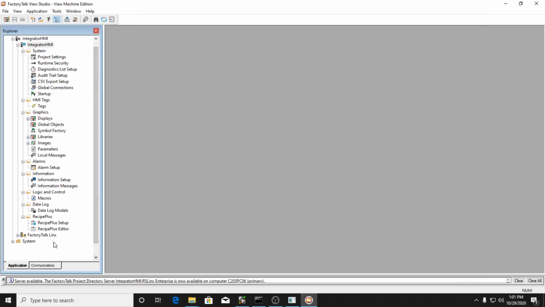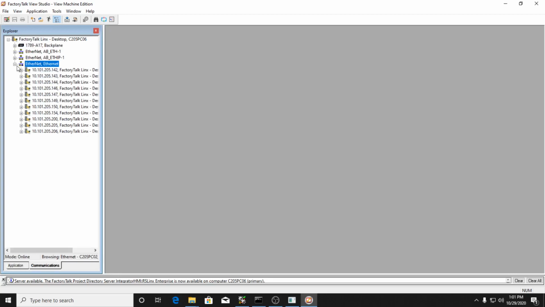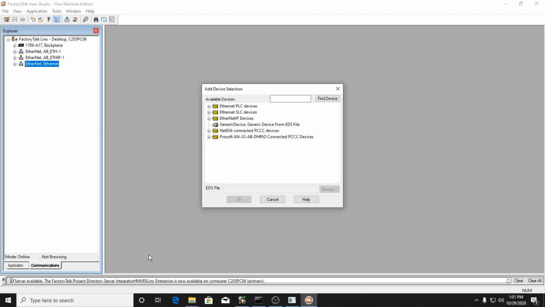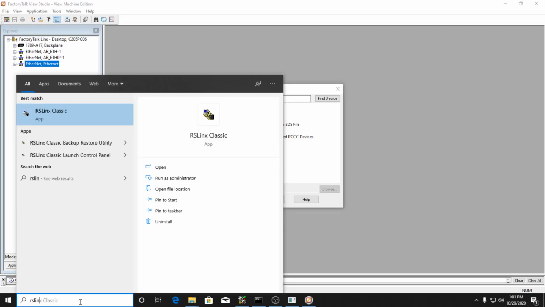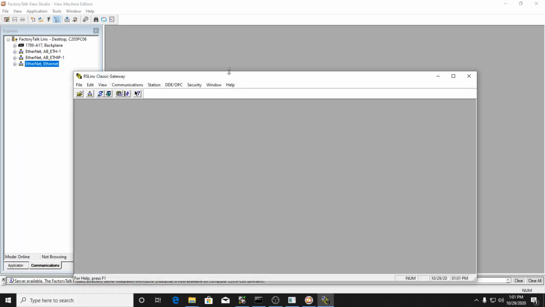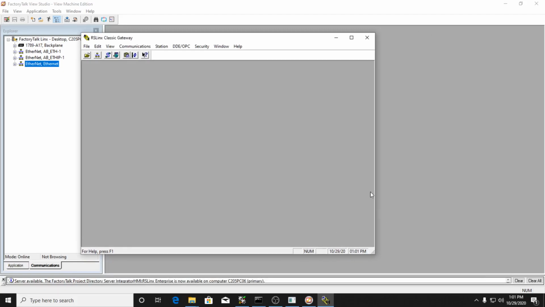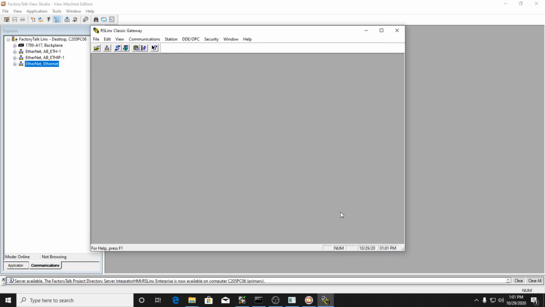So our FactoryTalk window is open, and the first thing we need to do is come over here to the Communications tab, and we want to set up our Communications tab. So you see there's like this Ethernet here. I'm going to add device. And the device I want to add, I'm going to open up my RSLinx to look at my PLC. Remember that RSLinx is the communication configuration software to show us the PLC. So I'm going to open up the RSLinx